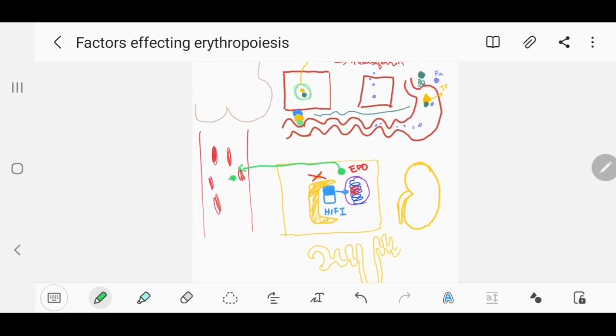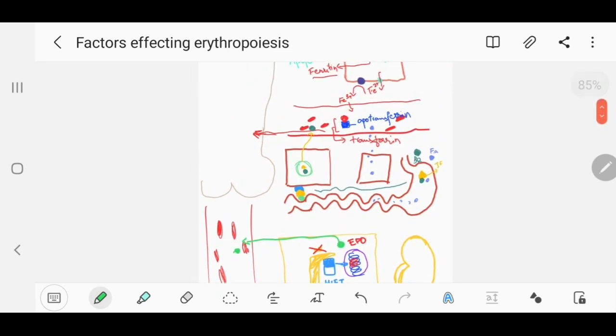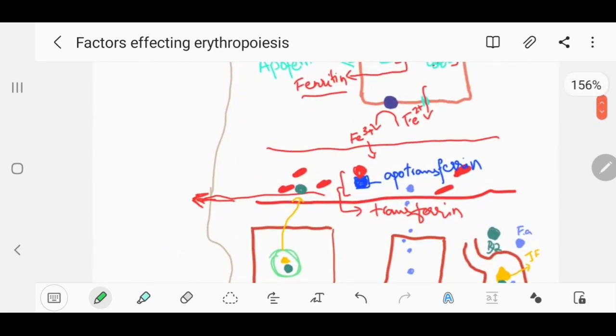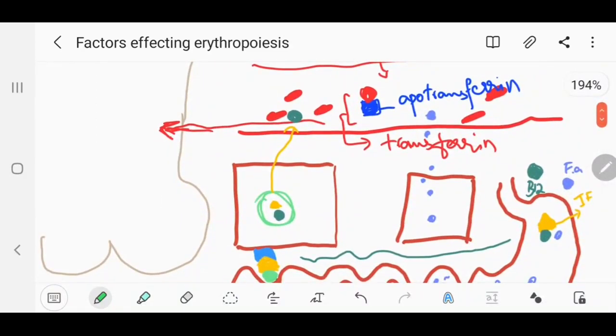Now this erythropoietin will then get into the bloodstream as well. So now you can see how iron has entered into the bloodstream, how B12 has entered into the bloodstream, and how erythropoietin has entered into the bloodstream. Similarly, carbohydrates, amino acids and fats get absorbed through the GIT, and they also enter into the bloodstream. Now this whole blood, when it reaches the bone, let's see what will happen inside the